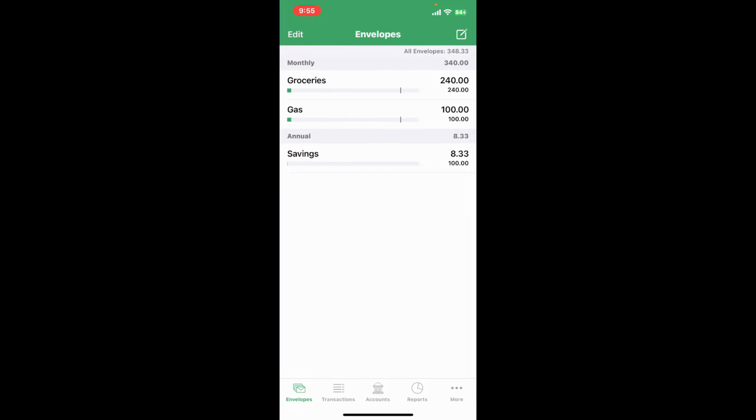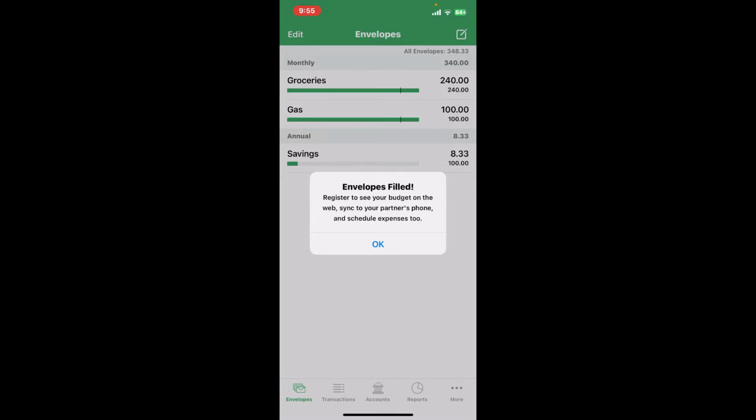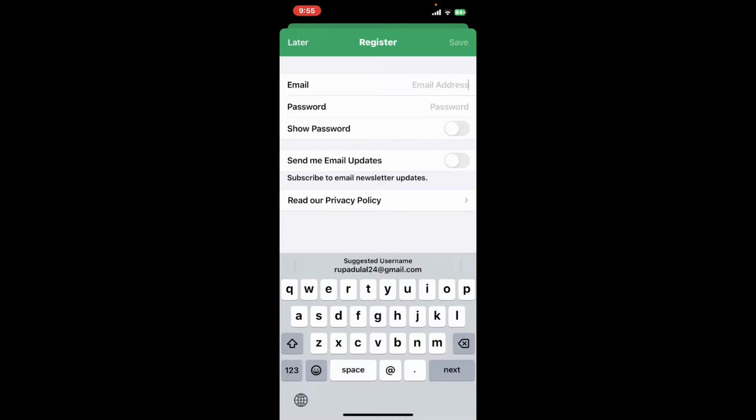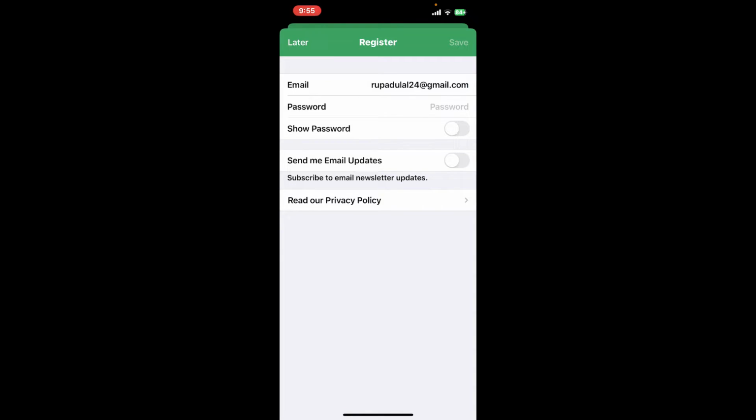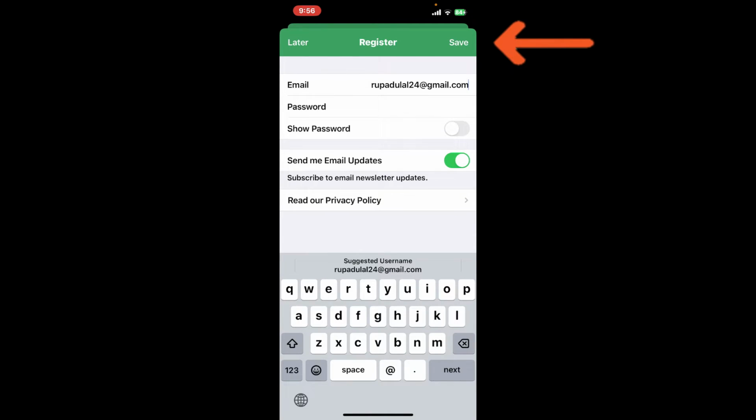After you are done with it, on the next page, simply go ahead and type in an email address in the registration page. Create a password for your account right where it says password. After creating a secure password, you can double check the password by sliding the slider right next to show password. After you are happy with your password that you've just set up, if you want to receive email updates, toggle on the button right next to send me email updates, and then finally tap on the save button at the